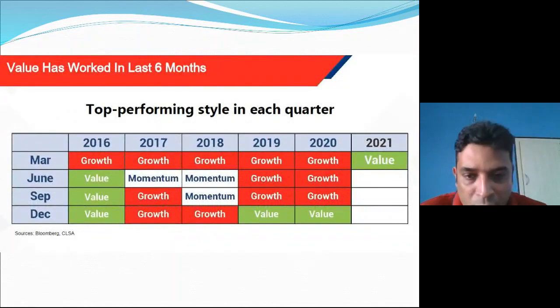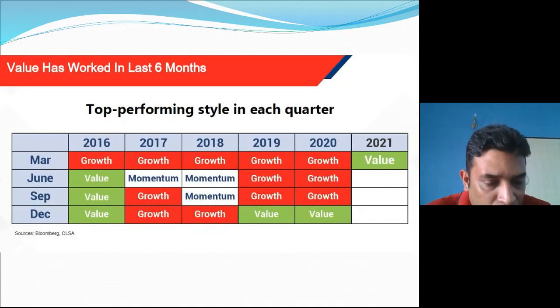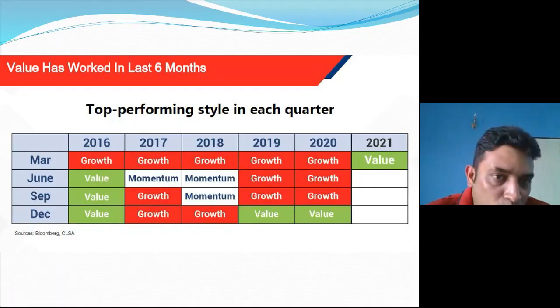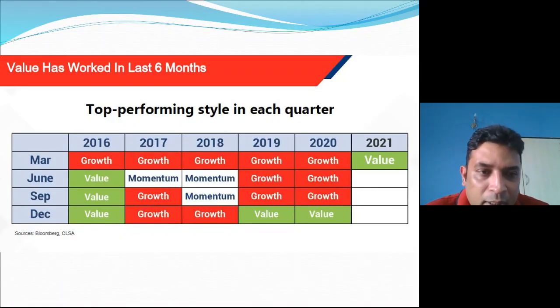Now, you might be aware that there are three ways of investing. I'm not going to discuss more about it because it will take a longer time. One is the growth way of investing, one is the value way of investing, one is the momentum way of investing. Now, each and every year, this growth strategy or value strategy or momentum strategy changes. Just to give you an example, what is the difference between growth way of investing and value strategy of investing? If you pick up value investing, to give you an example, in the Maggi category,